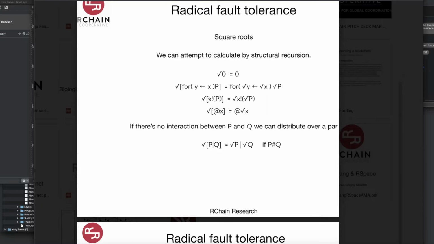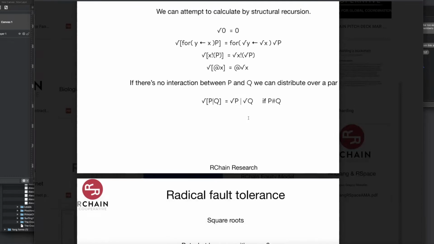And so you can see that essentially all we're ever doing is distributing the square root operation over the existing operation. So for example, with output, the square root of output p on x is just the square root of output, the square root of p on the square root of x, and the square root of at x. Sorry, that should be star x, but actually you need both of them. So this is the operation on names. So the square root of at x is the at of the square root of x. But the one place that you have a problem is with par.